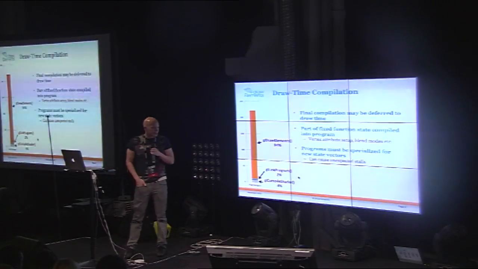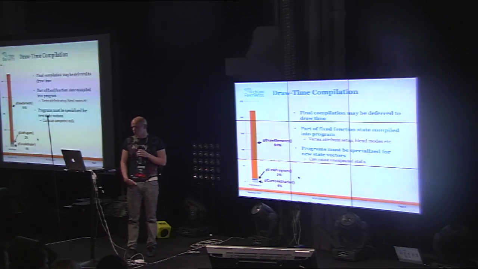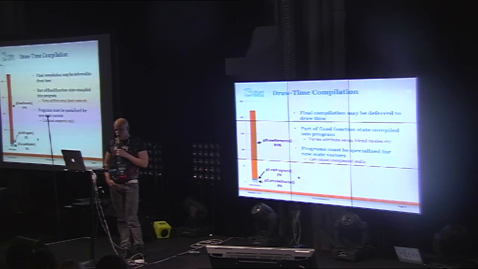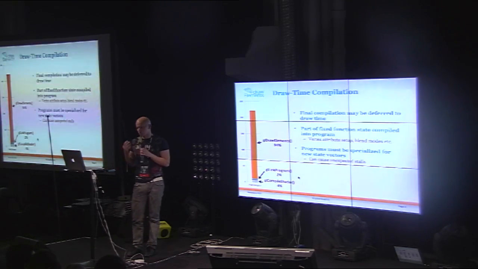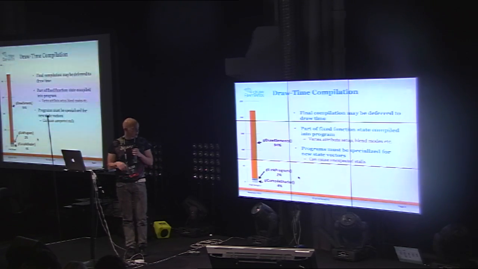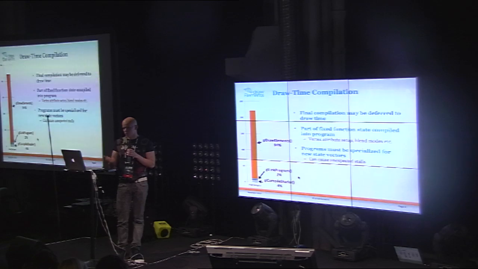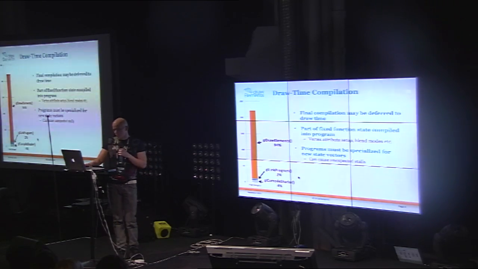And one subtle thing in shader compilation that you should definitely know about is so-called draw time compilation. On certain architectures, the driver wants to bake in part of the fixed function state, such as blending modes or vertex attribute setup, into the program. And for that reason, the implementation defers the final compilation of the shader until draw time, until the full state vector is known. That can then cause unexpected stalls during rendering when you are rendering with an already compiled program, but you are using a new state, so the program hasn't been specialized for that state.